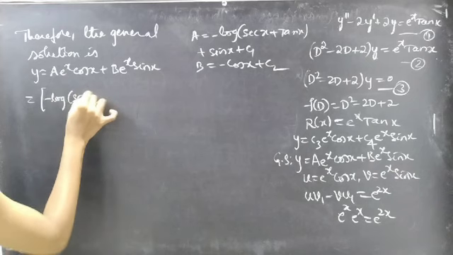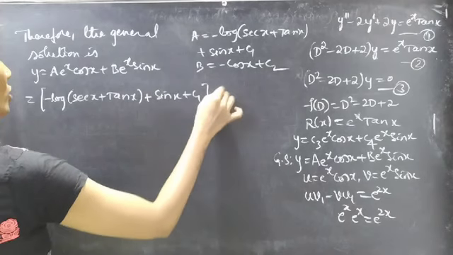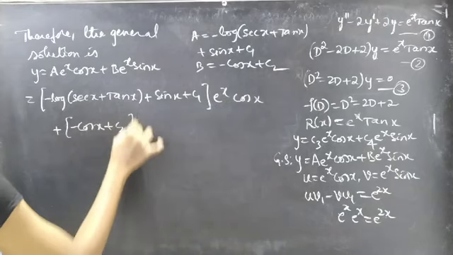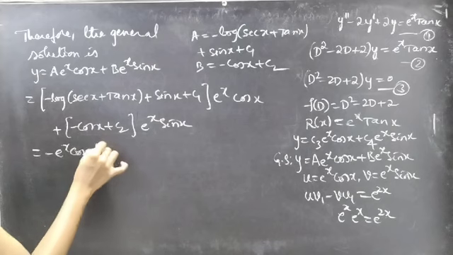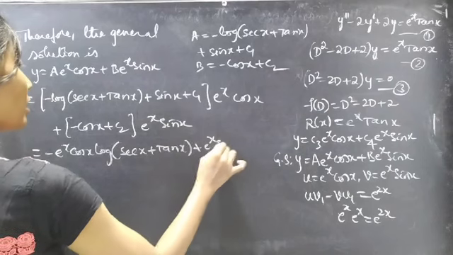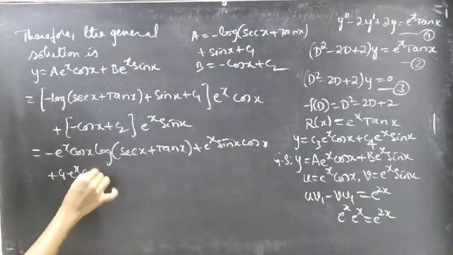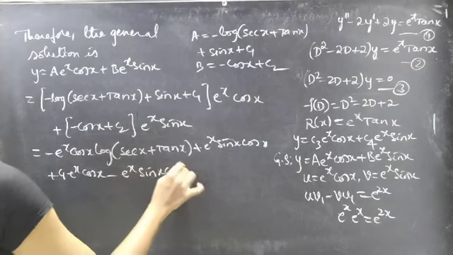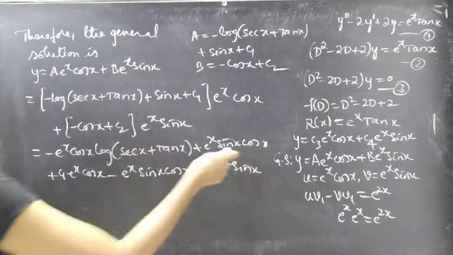A is minus log of secant x plus tan x plus sin x plus c1, into e power x cos x, plus B, minus cos x plus c2, into e power x sin x, which gives us minus e power x cos x into log of secant x plus tan x plus e power x sin x cos x plus c1 e power x cos x plus, into minus, minus e power x sin x cos x plus c2 e power x sin x. So here minus e power x sin x cos x and plus e power x sin x cos x get cancelled,